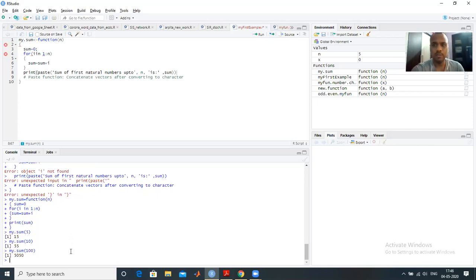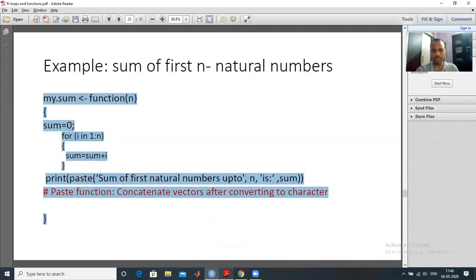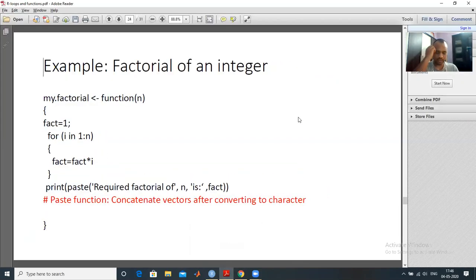So you can check. Similarly, you can make a function for factorial as well, because both have the same concept, but the only difference is that in the previous example we found the addition sum from 1 to n. Here we have to multiply from 1 to n. So what will be changed here? In the previous example, we took sum plus i. Here it will be fact times i, where fact is a variable, just like sum in the previous example. But fact will be initialized with 1, because you can't take it as 0 here.